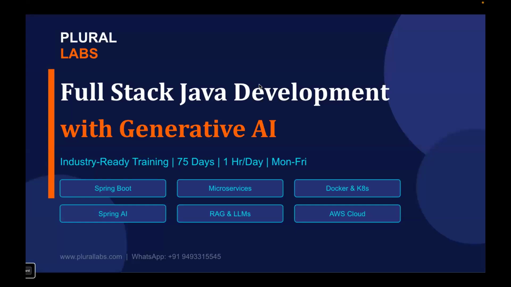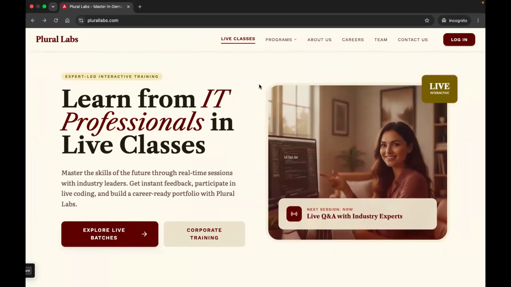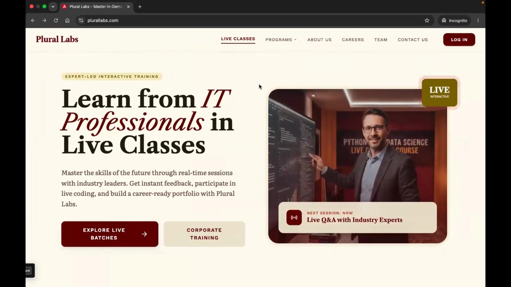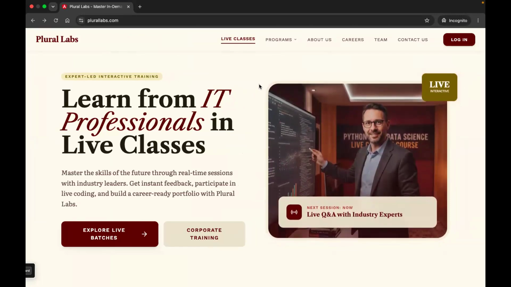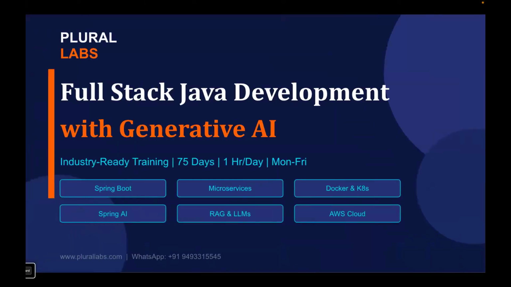At Plural Labs, we provide live training in all the major, trending technologies by IT professionals, right? This Java batch is our sixth batch. We conduct batches on data science, Python, Java, and all. And this is our sixth batch in a row. The main specialty of this syllabus is that we are incorporating generative AI in it, right? So hope that's the reason most of the existing Java developers are also joining